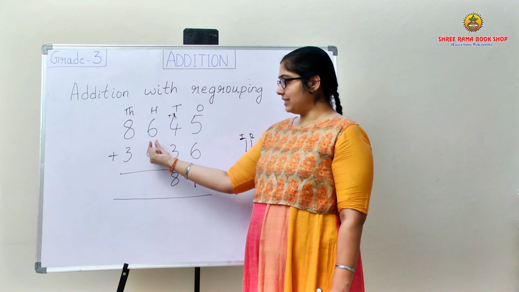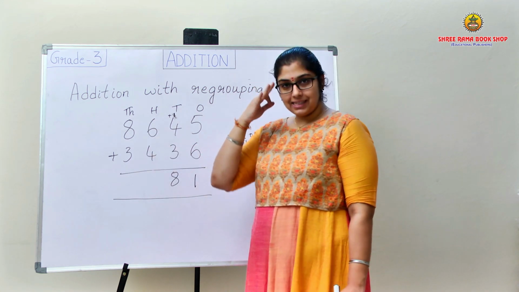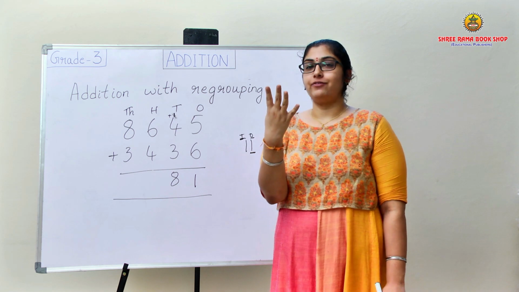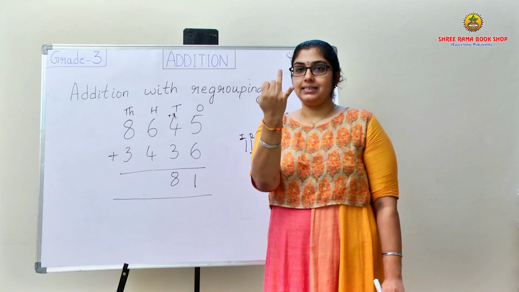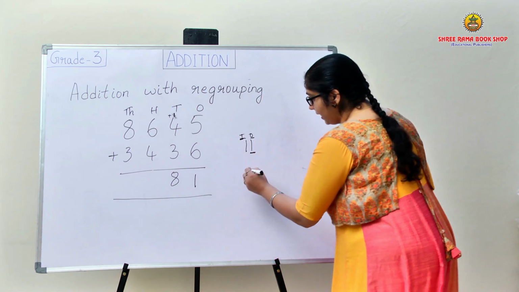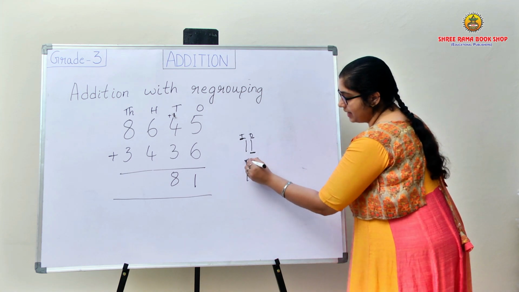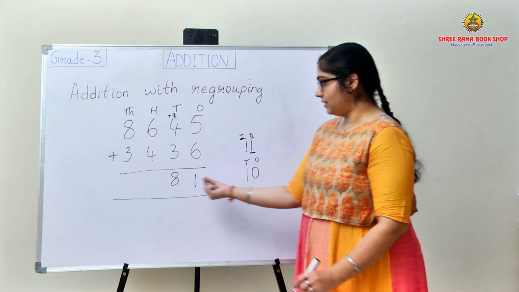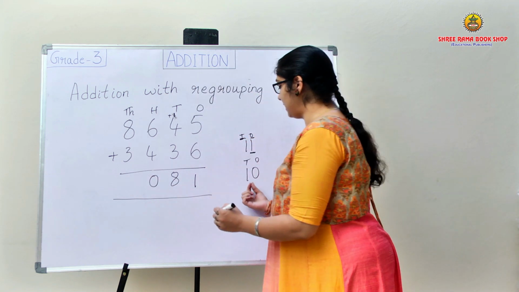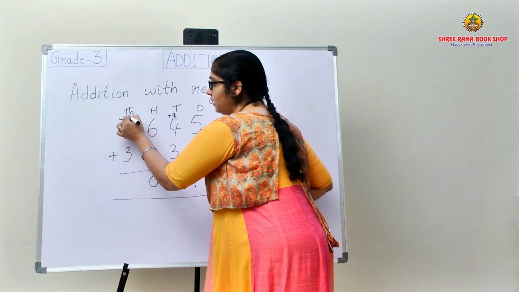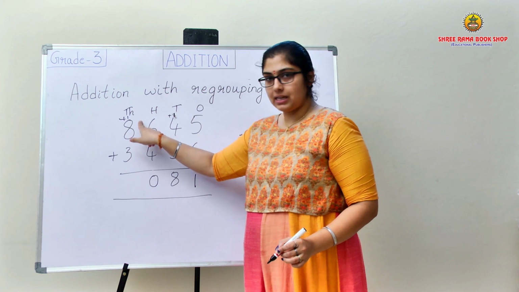Now I am having here 6 plus 4. So 6 in the mind, 4 on fingers. After 6, 7, 8, 9, 10. So I got again 10. So ones, tens, right? I am writing it. So ones place 0, tens place I am having 1 and need to add in the next place value, that is nothing but in the thousands.